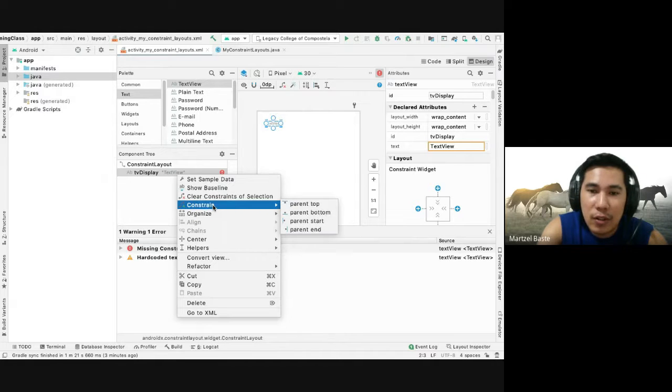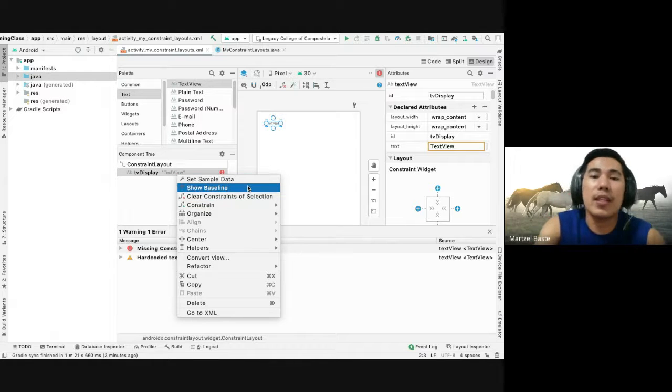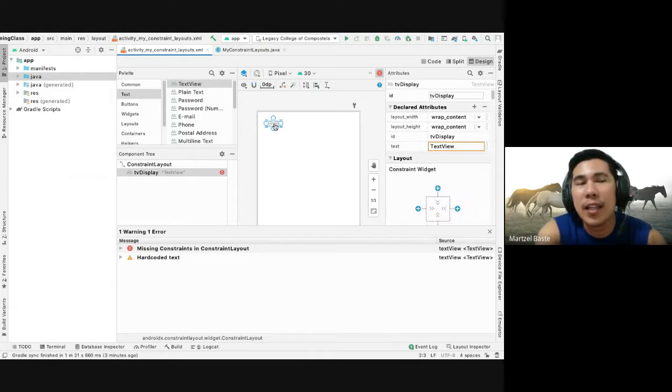But you can actually choose either ang iyahang constraint is parent, top, bottom, start, and end. So you can actually do that. But for now, what we are going to do is we don't do that. Okay. So if we simply clear the constraints of this selection or of this particular widget, ang tendency is wala siya relativity to your window. So ang constraint layout is a little bit in terms of sa UI nimo maging responsive and flexible imuhang component,